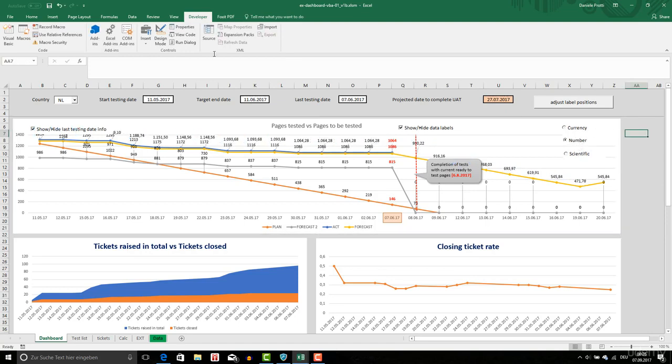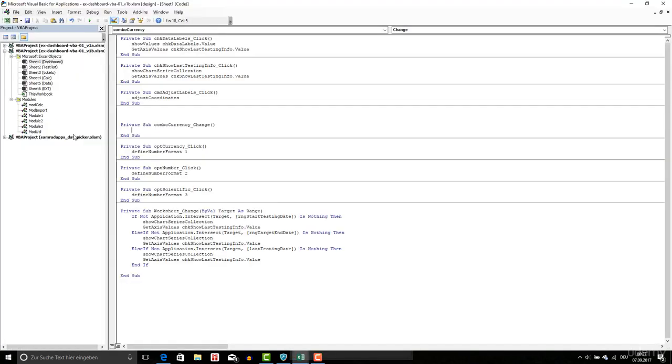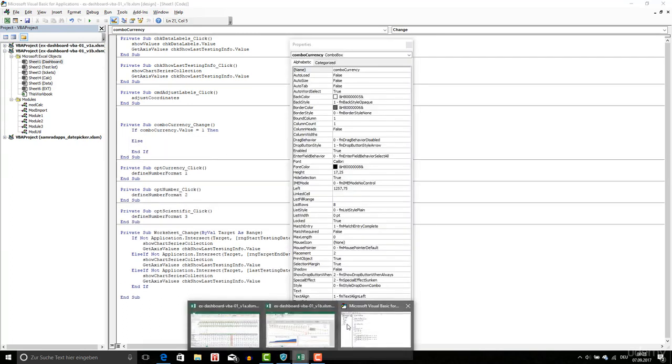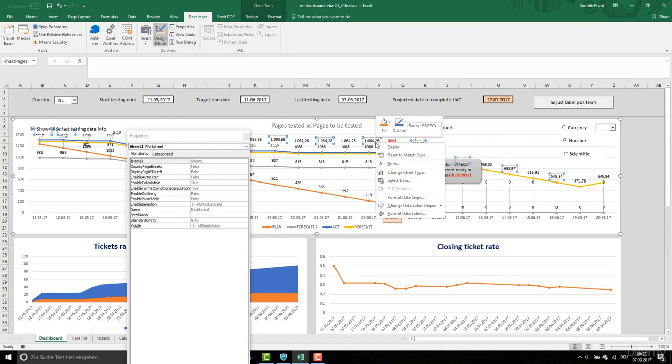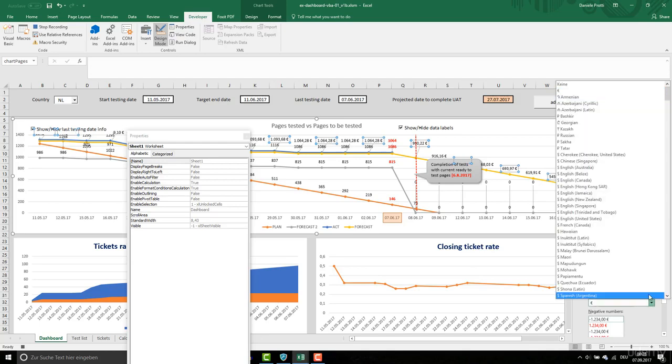You can do also the following. You can insert a drop down. Combo currency. We're going to change: if combo currency dot value is equal to 1, then, and else if. So first of all, I'm going to change this. I'm going to record the macro that according to this I'm going to format this text options, label options, number, currency, and the symbol is this, dollar or